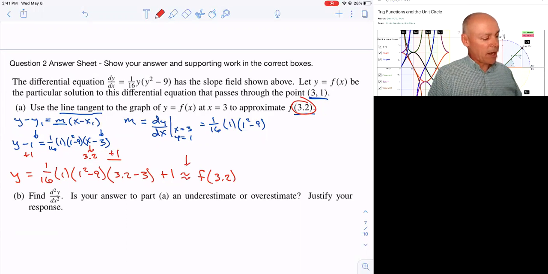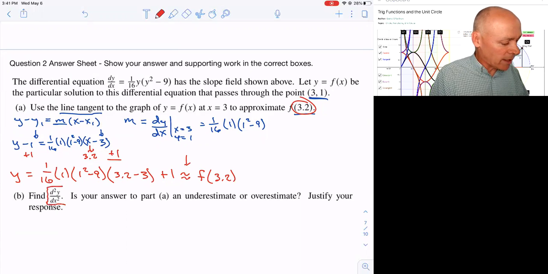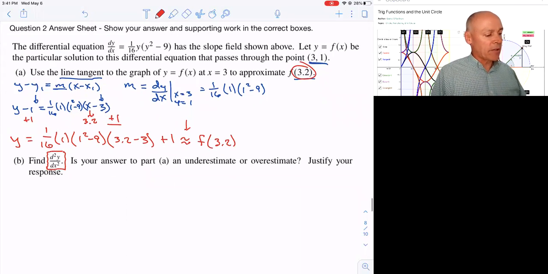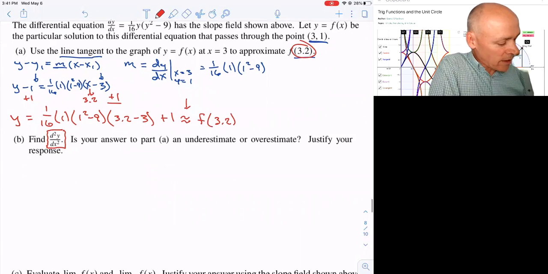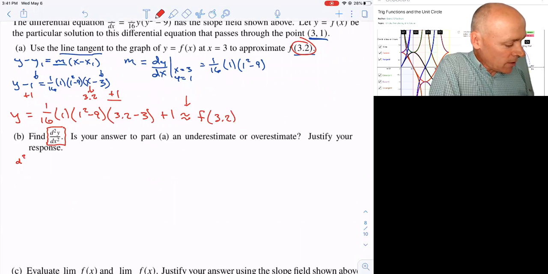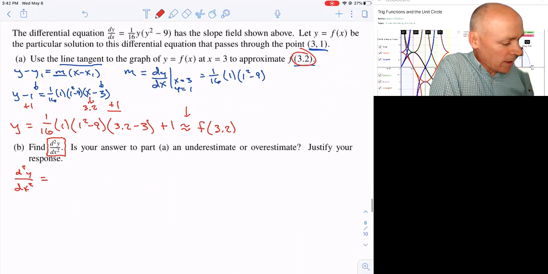Okay. Part B, find d2y over dx2. That's just the second derivative. And then use that as your answer in part A, an underestimate or an overestimate, justify your response. Okay. Well, to find the second derivative, I just need to take the derivative of the first derivative. So I'm just going to set this up. d2y over dx2 is going to be equal to d/dx, taking the second derivative of